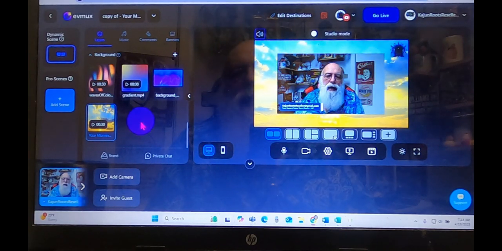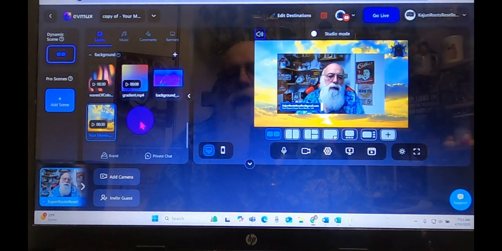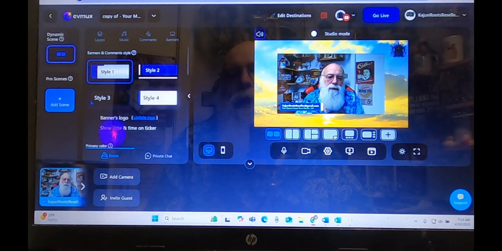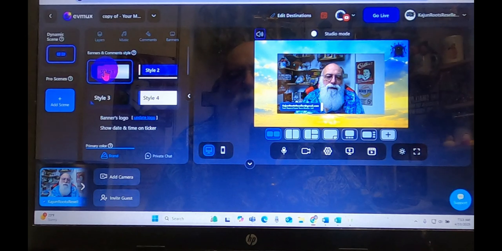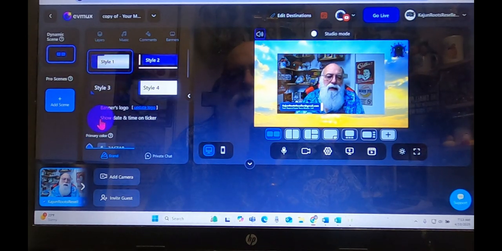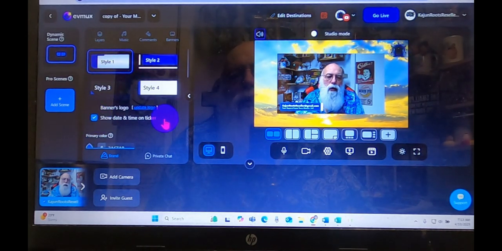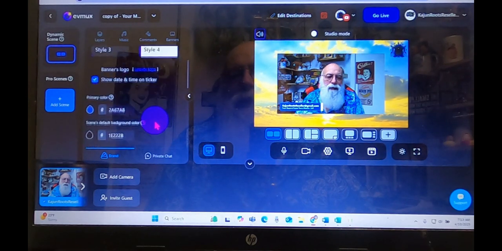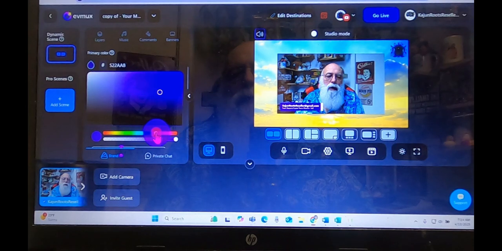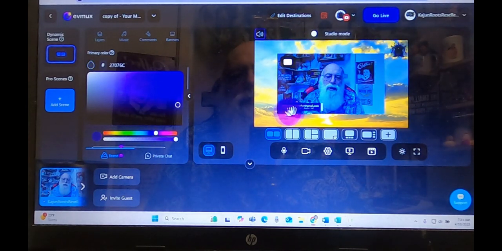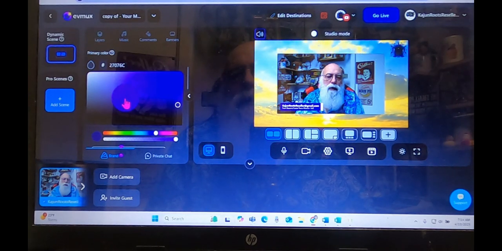And this is just some of the other things that you can do extra. For example, with the brand. You can do any of these items, but I use the style 1 for one reason. And that's because I like to show the date and time on my ticker at the bottom of my screen. Then you can change your coloring. And I love going with my favorite color, which is purple. And you can choose anywhere you want on their dial, and it changes your coloring on your wording under your,